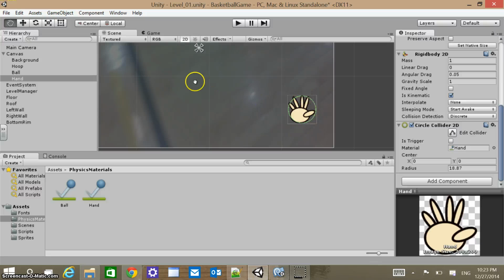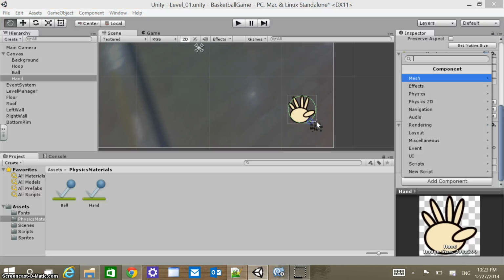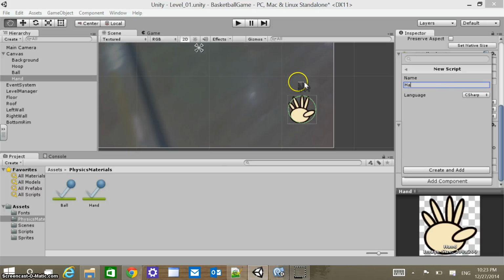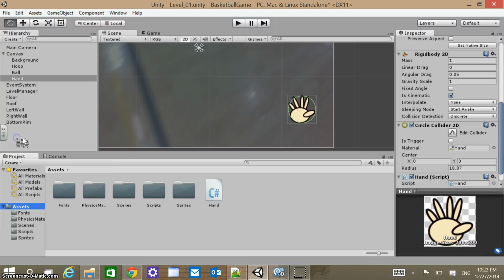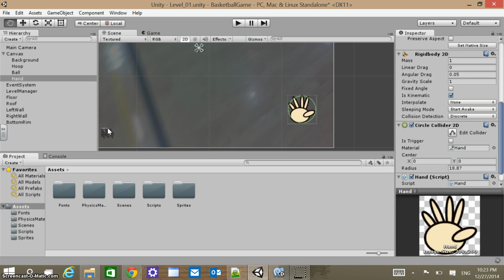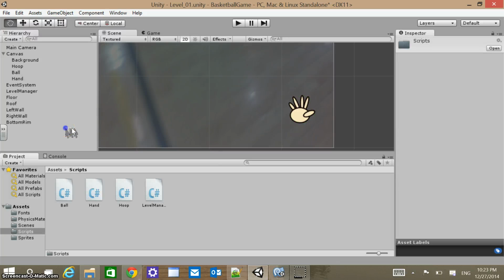Is trigger? No, we're going to leave that for now. Add component, and we're going to go new script. We're going to call it creative hand, and then C#, create and add. And then I can go up to my assets, just to keep things organized here. And let's move that hand script into scripts. Go inside there, slowly but surely, and open up